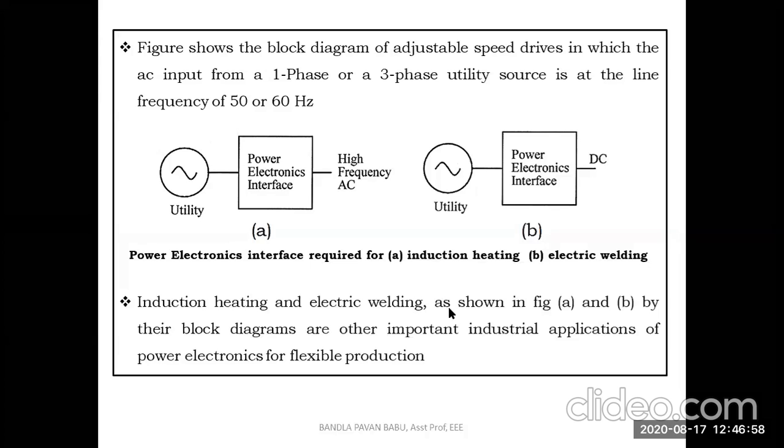So I think you might be seeing the welding, arc welding, gas welding. Okay, so there also we need to generate some spark, and make sure that these two metal objects should melt and get contact with each other. So for that also they need some power electronic circuit. So coming to induction heating, if we consider the induction stove, there we can set the temperature. Okay, and the power also can be adjusted.